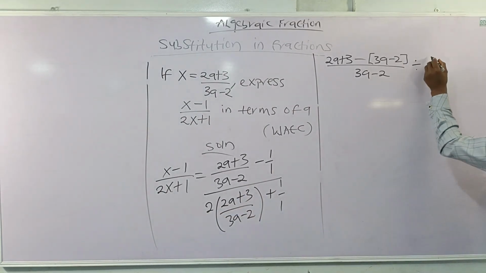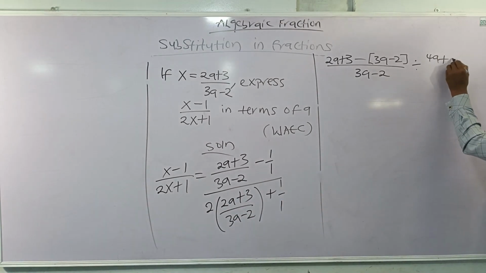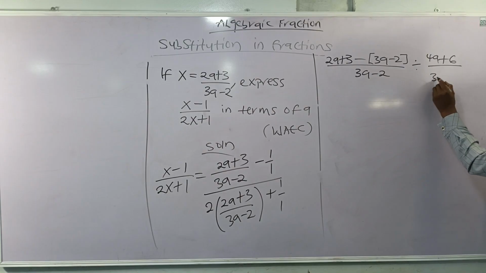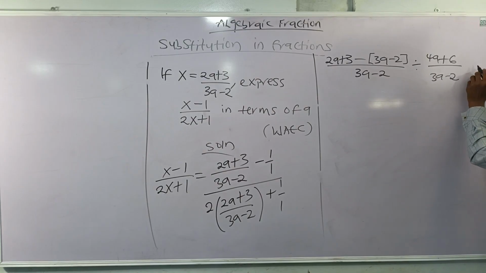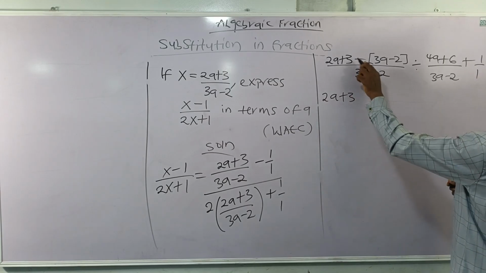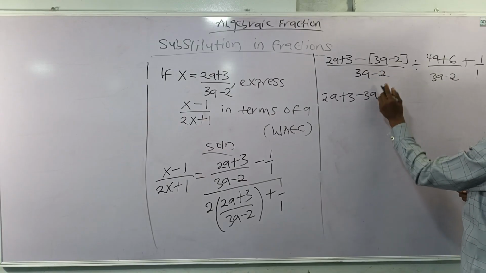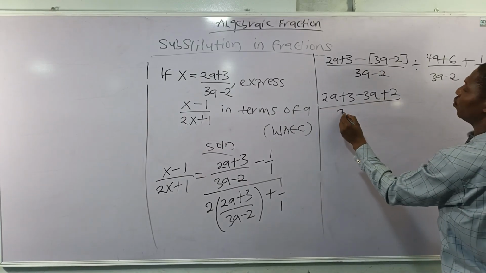2 times 2a will give me 4a. 2 times 3 will give me plus 6 all over 3a minus 2 plus 1 over 1. And I'll have 2a plus 3. Minus plus is minus 3a. Minus minus is plus 2 all over